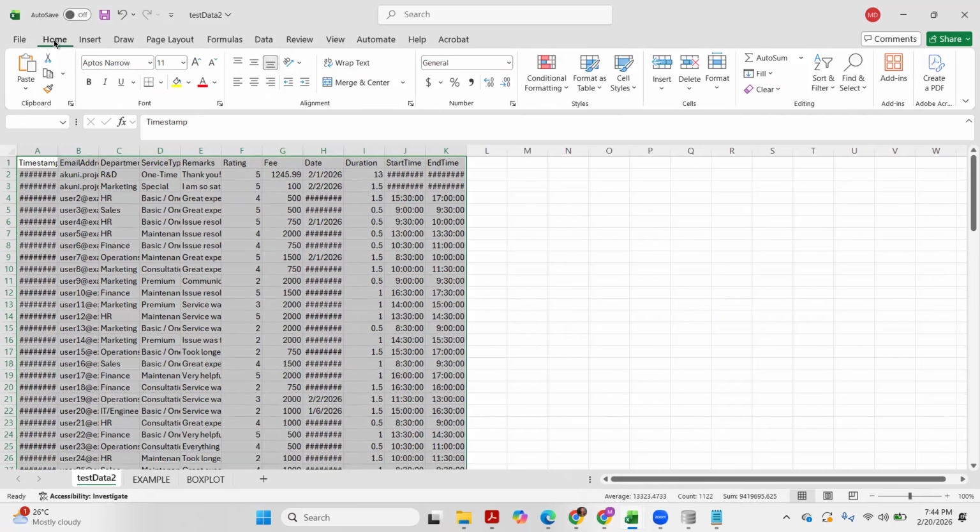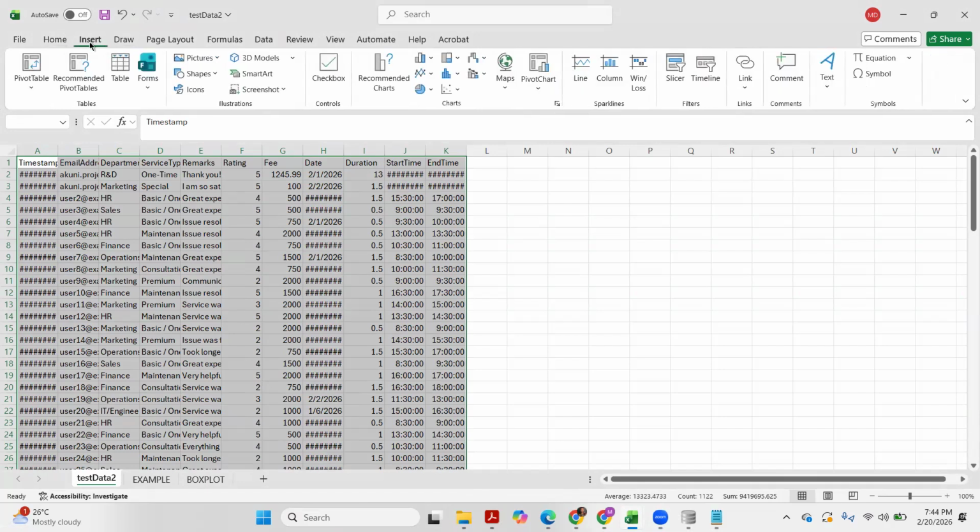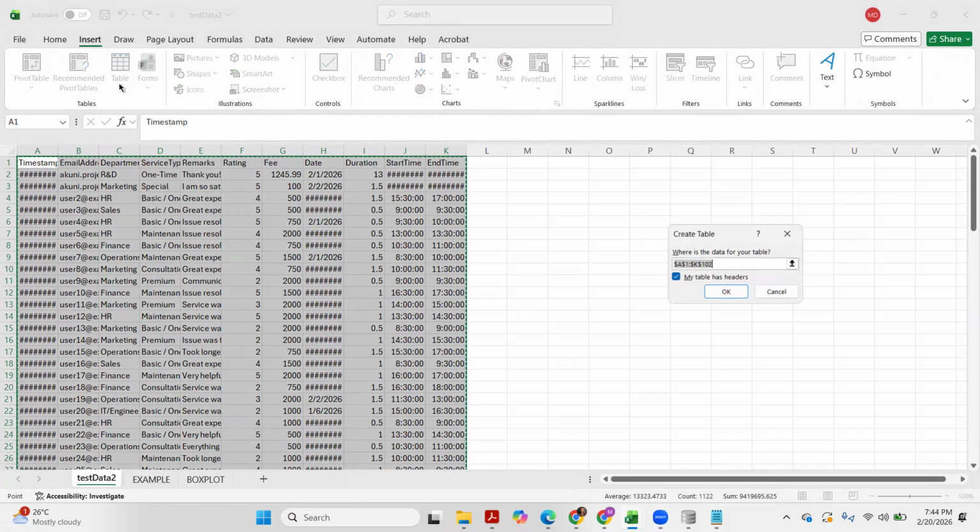All right, now I already have it highlighted, so I can insert a table. Just go to insert and look for table. In two clicks, you now have your table, because it asks for your confirmation if the range is correct. By the way, if you included the headers, the first row, then you must tick this part: my table has headers.